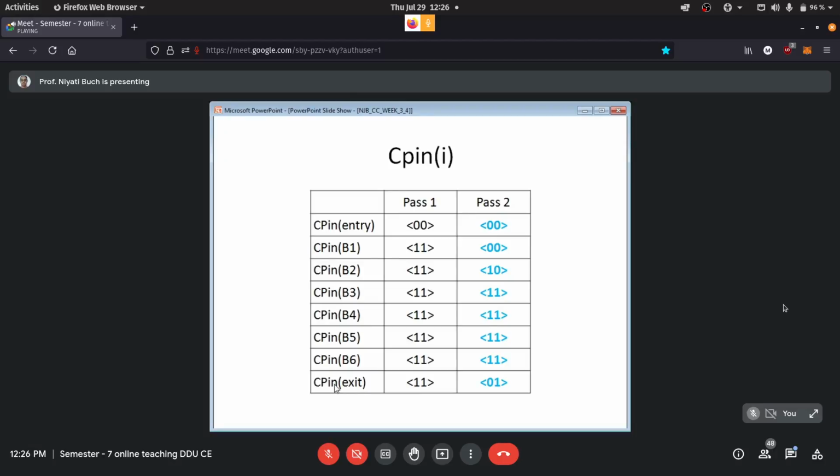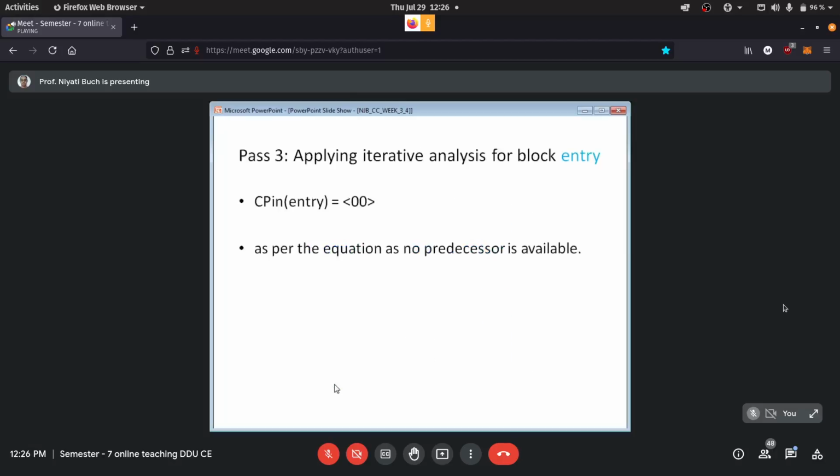Over here, the values are different for B1, B2, and exit between pass 1 and 2. For the remaining blocks, it is the same. But as these blocks changed, we have to take one more iteration. So now this is our third pass.